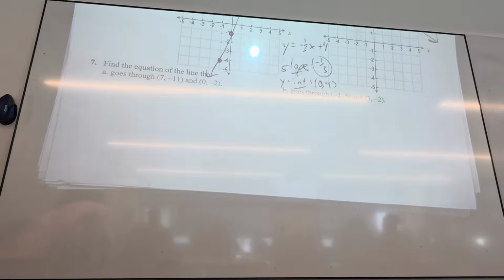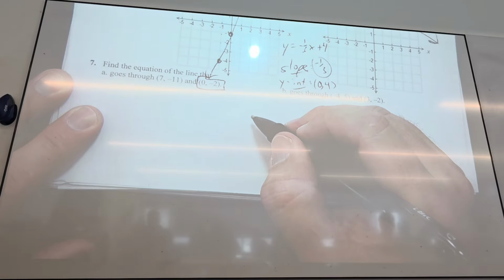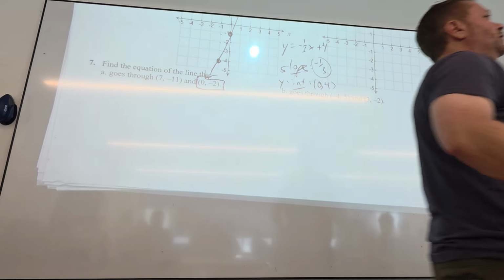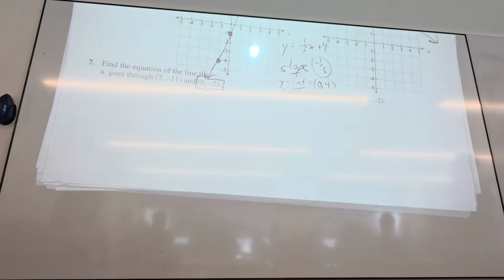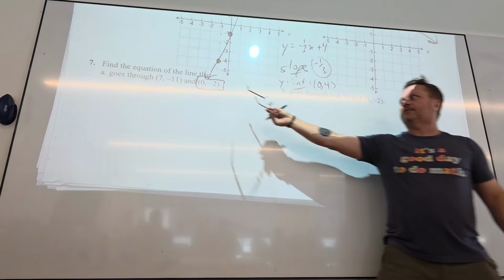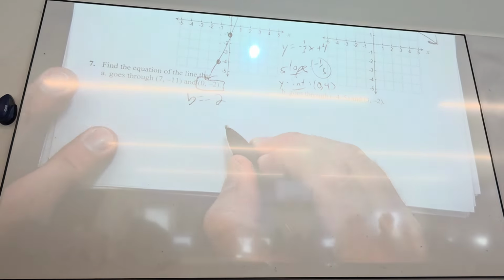And then down here, what's good about this point? That is 0. Sure, so what's that mean? Because I'm trying to find the equation of a line, why does that point work so well? What does that point tell me? What's the equation of a line, the one that we know? Y equals mx plus b. So there's two things I have to figure out, correct? To figure out m, slope, and b, the y piece of the y-intercept. Do I know b? Yes. B is negative 2, because they gave me the y-intercept. So this problem is great. I know b is negative 2. I already know half of what I need to know. How do I get the other thing?